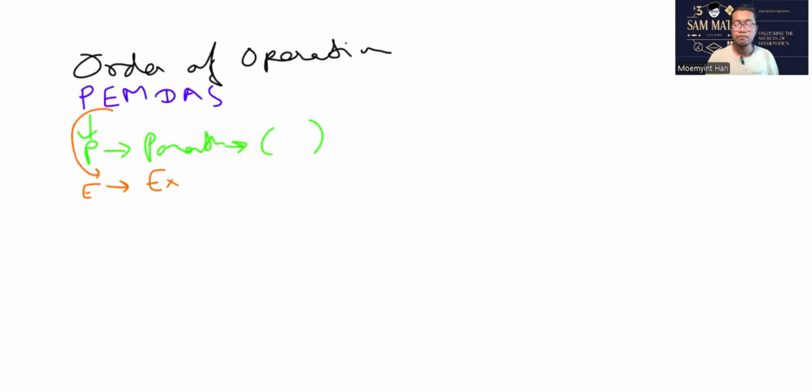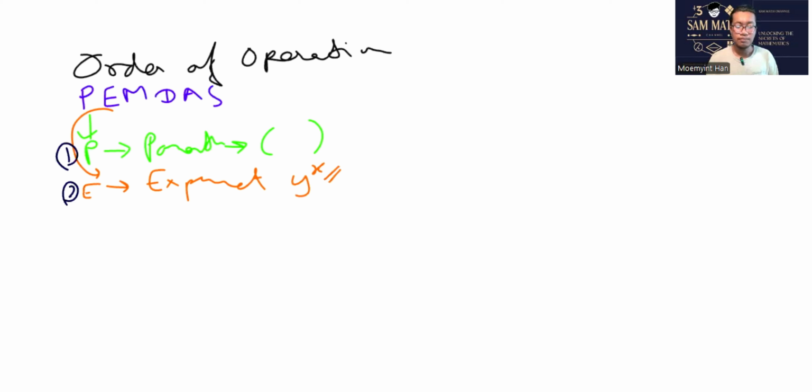So after you do parentheses, you're supposed to do exponents. Let's think of it like this: parentheses is level 1, exponent is level 2, so for level 3, we have